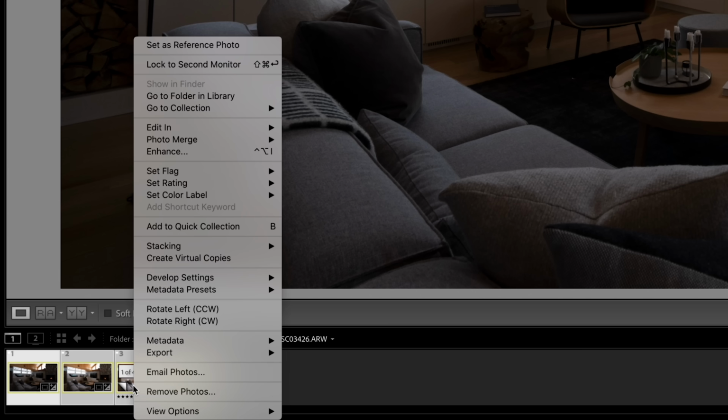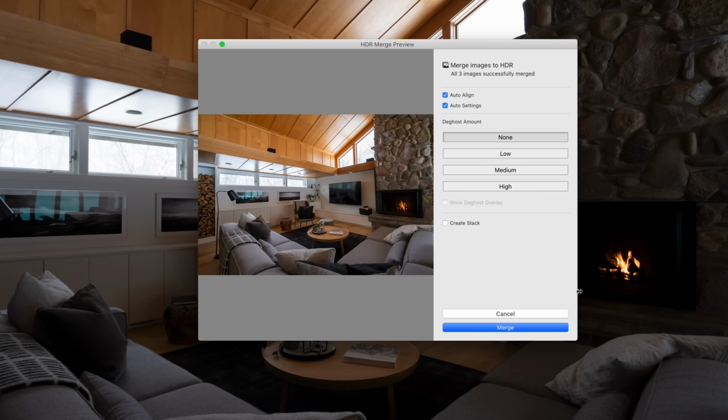Then later in post, I can either choose to blend those images together to get an HDR image, or I can choose one exposure and tweak that from there. Now with cameras like the A7R4, the dynamic range is so good that if I overexpose by a stop or two, I can actually bring that down in post and get a perfectly exposed image, assuming that we don't have that bright sun outside. And this usually gives me the best results, but I still tend to shoot those extra